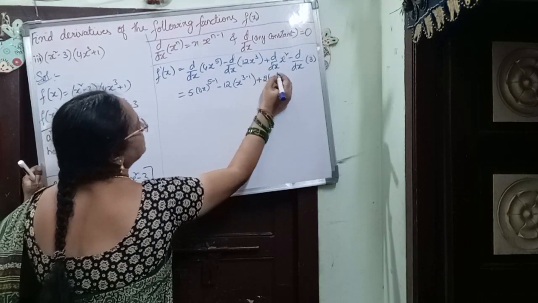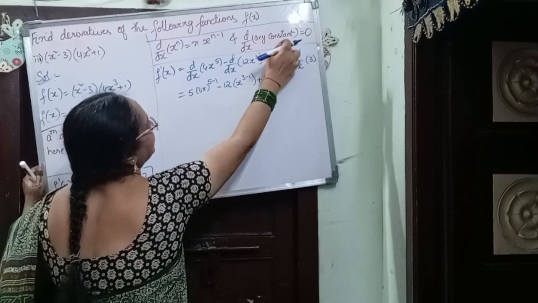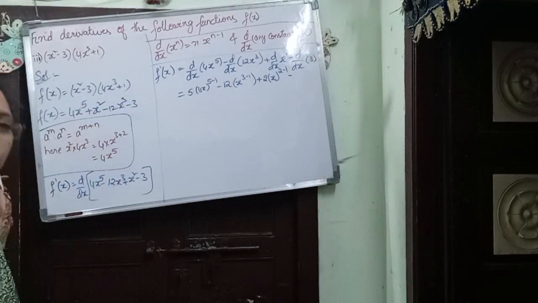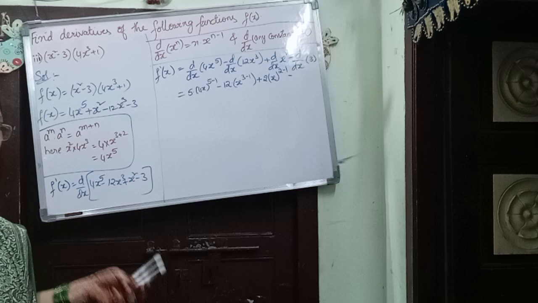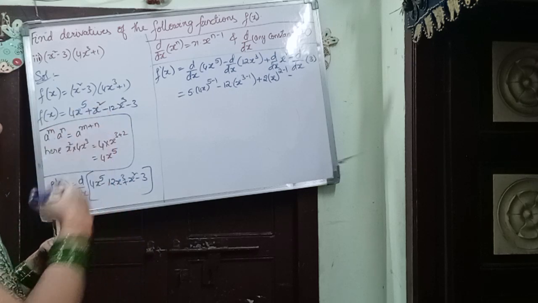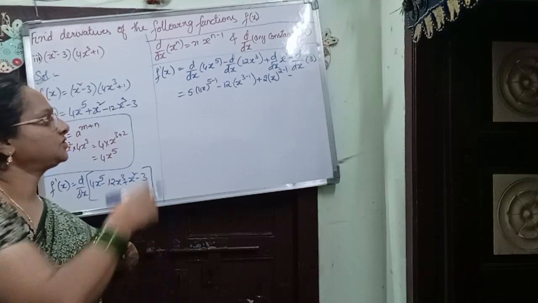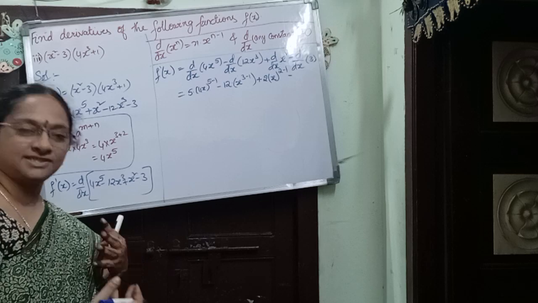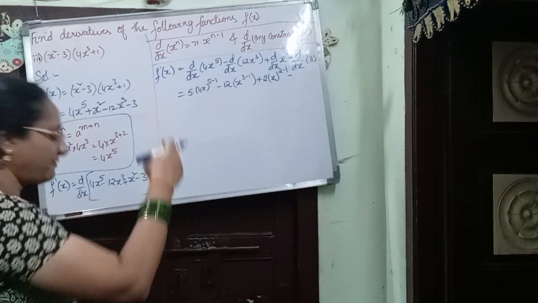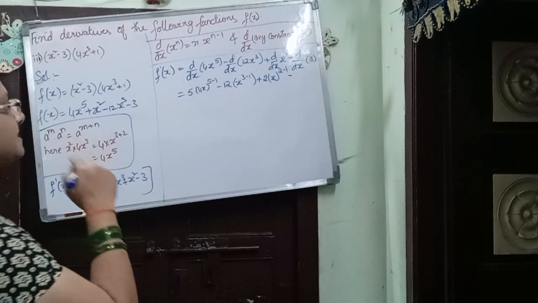2 into x power 2 minus 1, minus, here you got d by dx of a constant. Is 3 a constant or not? We can't change the value of 3. 3 is 3 itself, 2 is 2 itself. In the same way you can't change that value. Can you say 3 equals 4? No, we can't. So the value which is not changing, we call it a constant, right? So d by dx of a constant you will get 0.